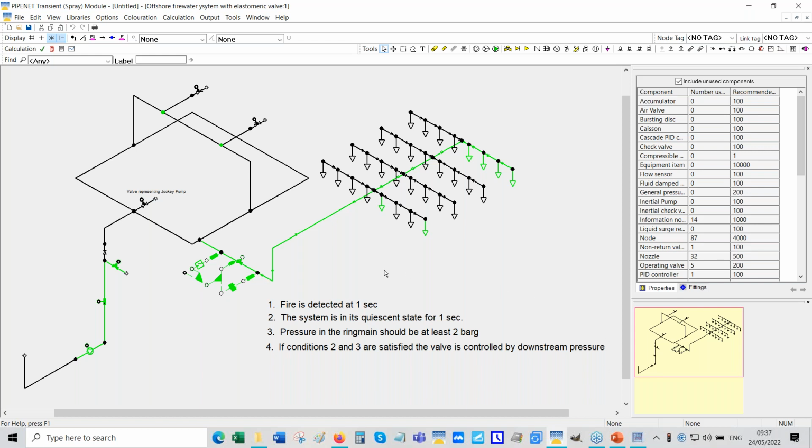And these are the assumptions we've made in creating this model. You may have different assumptions, in which case you would have to change the control loop here a little bit. Now let me first explain, because more and more offshore systems are using elastomeric valves, so I will explain